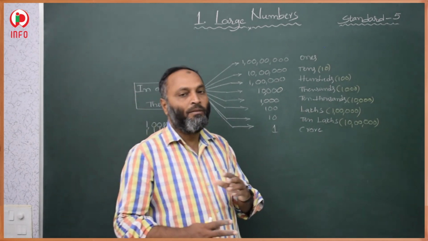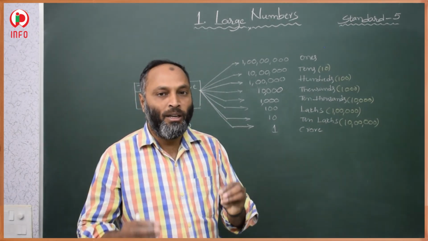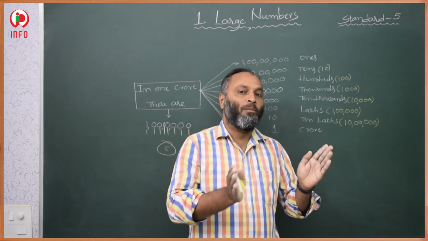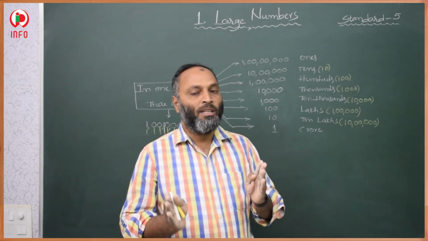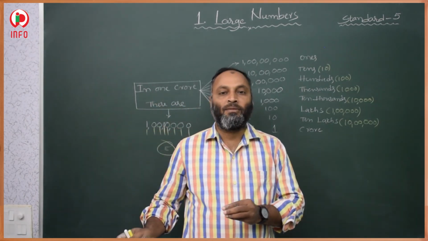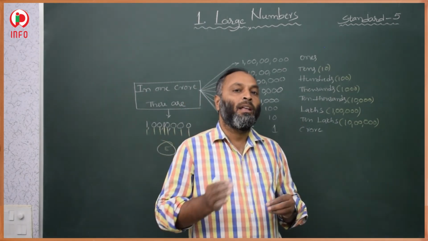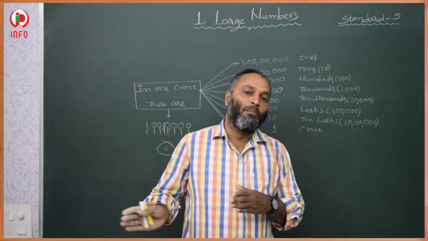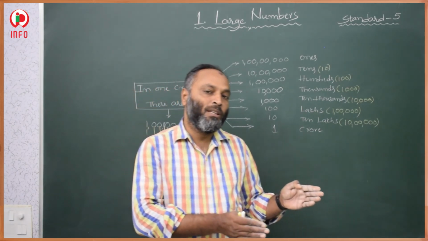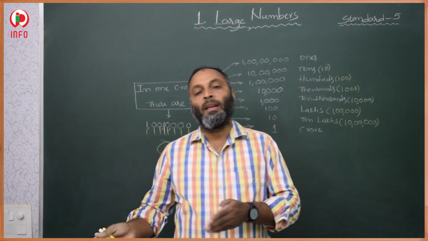So in this way we have to decrease and say how many tens are there, how many ones are there, how many thousands are there, how many 10 lakhs were there. According to that, in 10 lakhs how many zeros are there? First you check how many zeros, and that many zeros you decrease from 1 crore and say how many 10 lakhs were there in 1 crore. Not only in 1 crore: if I ask for 1 lakh, how many thousands were there? According to that you compare how many zeros were there in thousands, and that many zeros you decrease from lakhs, then say this many thousands are there in lakhs.